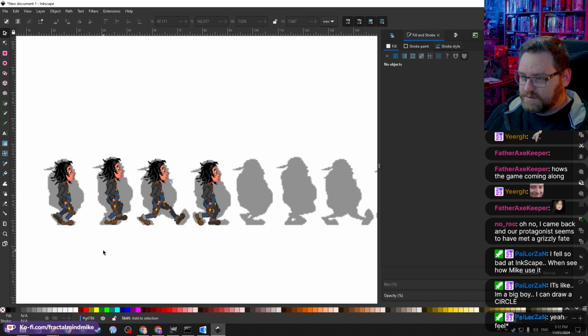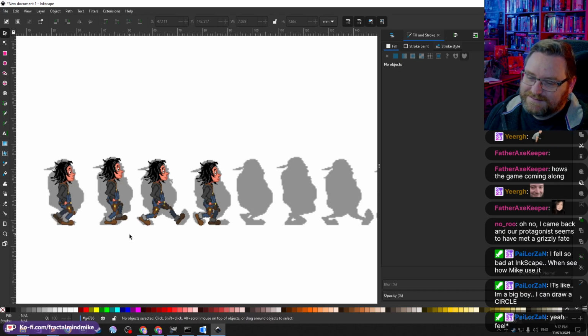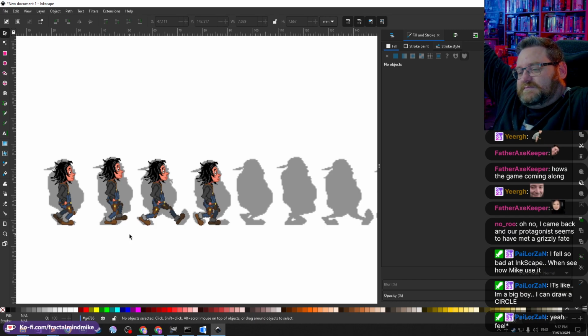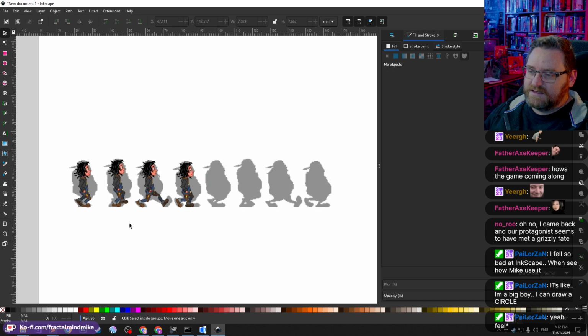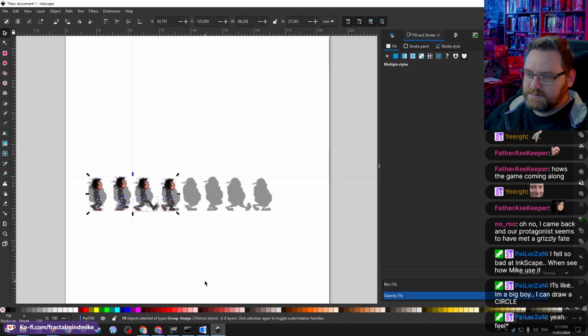Yeah, so we've got the poses, basically. We could use this as a silhouette for where our character should be. Or something. If I just made the legs the same color, it would basically be it. I wonder if these will be scaled correctly to pixel scale. If I was to export this right now,